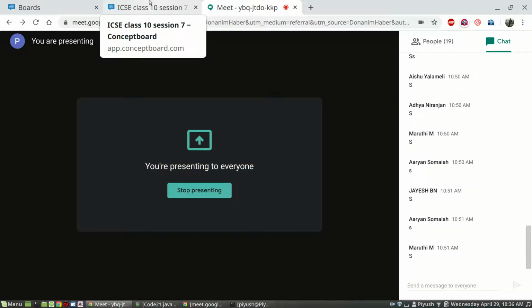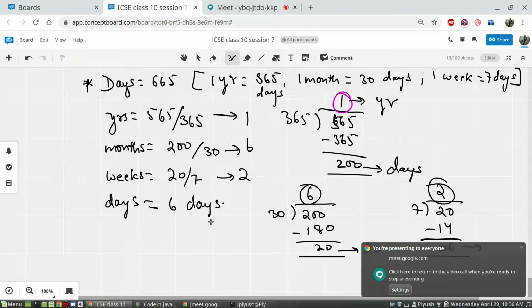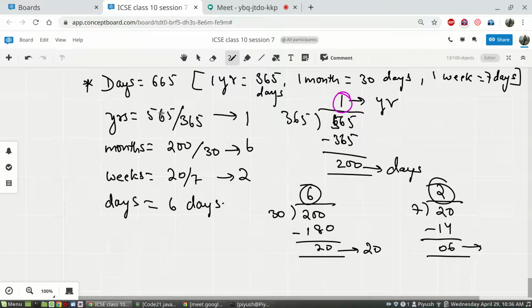Aryan, Maruti and others, what we are going to do is, first we are going to divide the number of days. I'll write the program version of this in rough only, because once you have understood, you can write it very easily. Let's say the user has entered the days, some value. So you are going to write years is equal to days divided by 365. We are going to take all these variable names as integers. I'll tell you the reason for that.